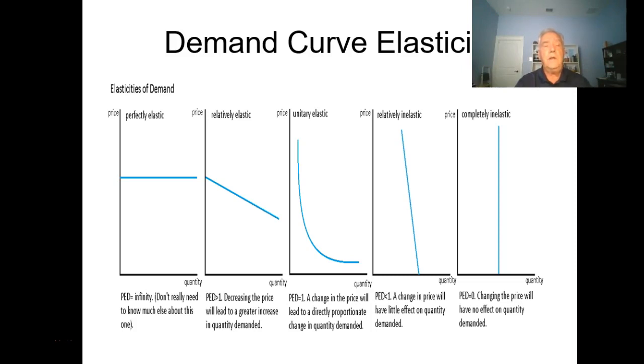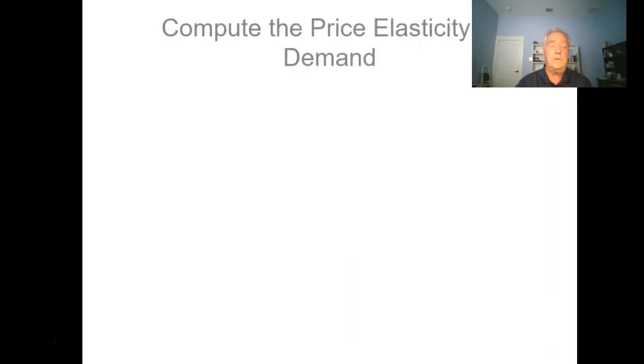In the case of perfectly elastic, as I said, we've got a situation where there are many, many buyers and many sellers. Right? Perfectly inelastic means that it doesn't matter what the price is, that's the quantity that's going to be sold and or produced. Remember that, okay? Be sure you understand the difference between the vertical and the horizontal curves for the demand curve inelasticity. All right, so in your course and in your text and in your tests, I'm not going to have you